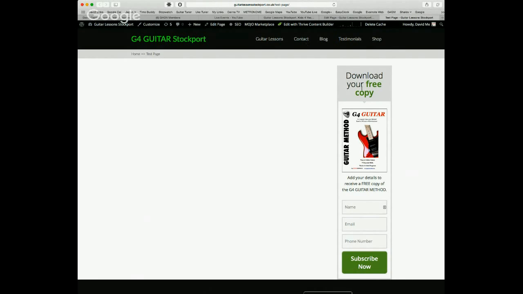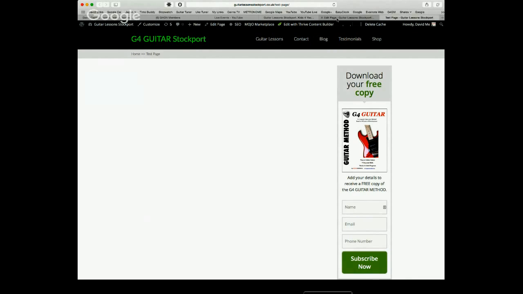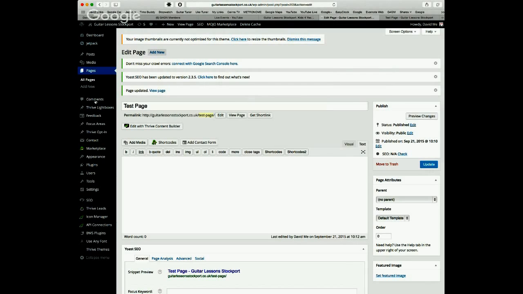So let's just pretend this is a student page, we'll get rid of that. There are actually a couple of ways to get rid of it, but I'll go through the Thrive Themes process. I'll go back to Edit Page, and on the side down here you can see it says Thrive Leads. Can you guys see that okay? Yep, okay, good. So I'm going to click on where it says Thrive Leads Dashboard, and then